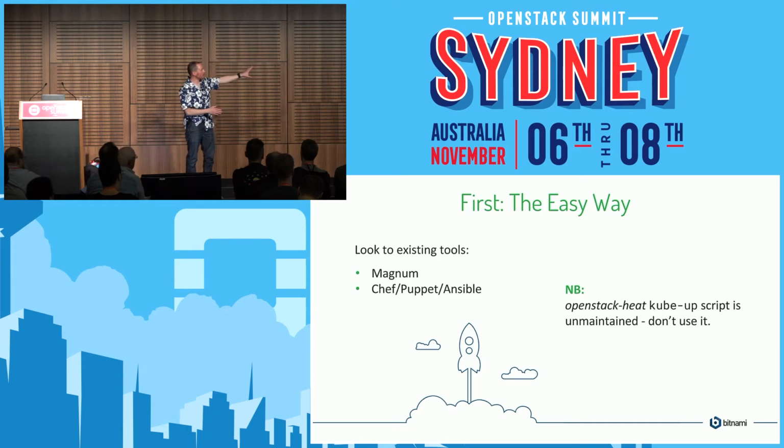Just a word of warning I'll put on here, OpenStack Heat. In the Kubernetes code base, there's a thing called kube-up, which is a shell script which goes off to a whole bunch of salt configurations for different clouds. In there, you'll find something called OpenStack Heat, which is a bunch of Heat templates for installing Kubernetes on OpenStack. Don't use it. It worked when it was first proposed and merged, but it's been effectively never maintained ever since. So it's not what you want to build your production install around.